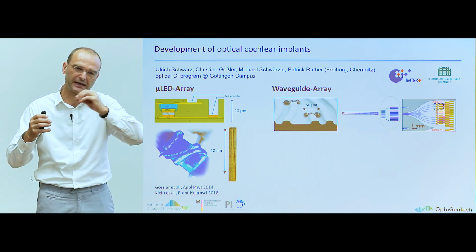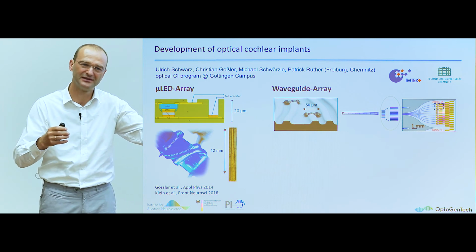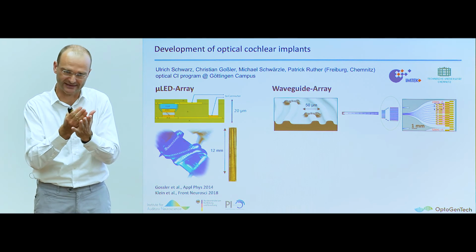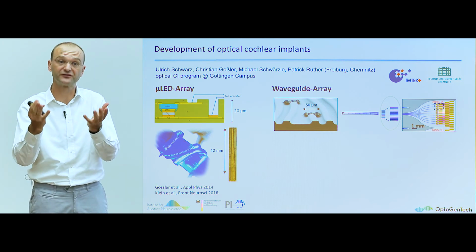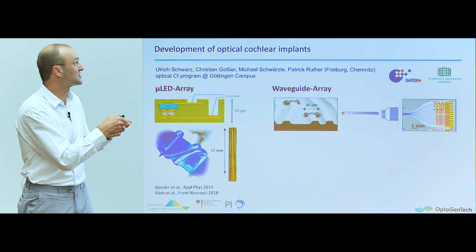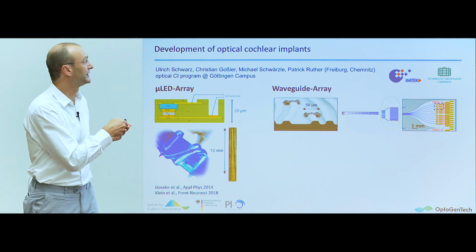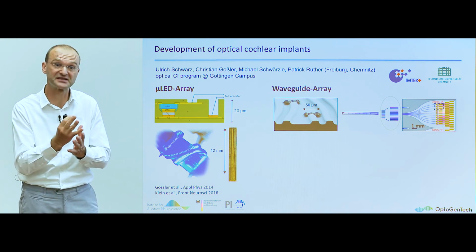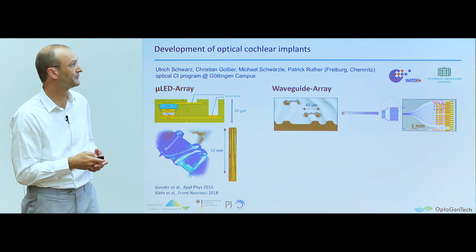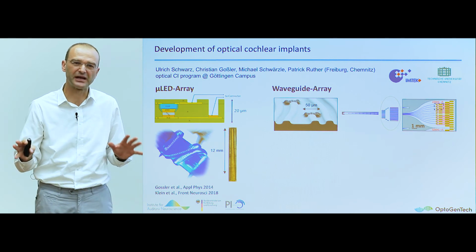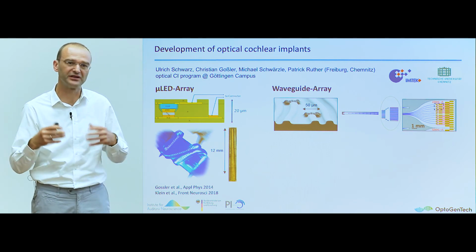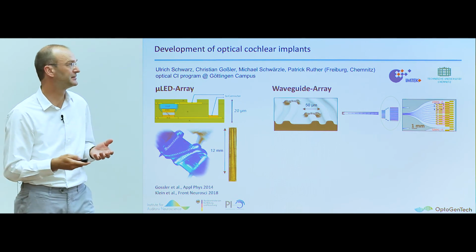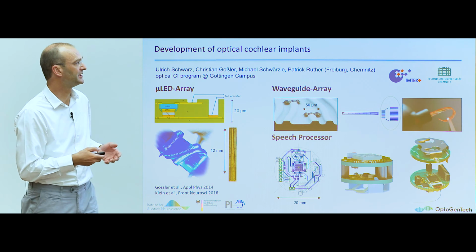And then the waveguide pipes the light into the cochlea. And the advantage is that we have a very robust technology inside the cochlea, which is just polymer waveguides. Whereas it's much more complicated to safely encapsulate micro-LED-based implants inside the aggressive salt solution of the cochlea. No matter which of these passes you use, you will need the hardware to drive the emitters. And that's what we developed here in Göttingen,